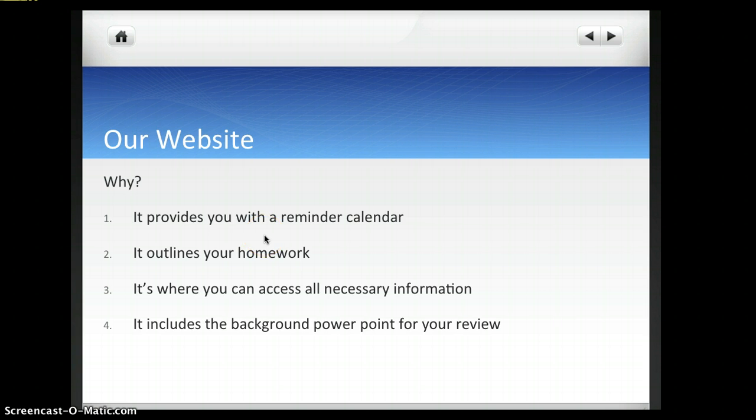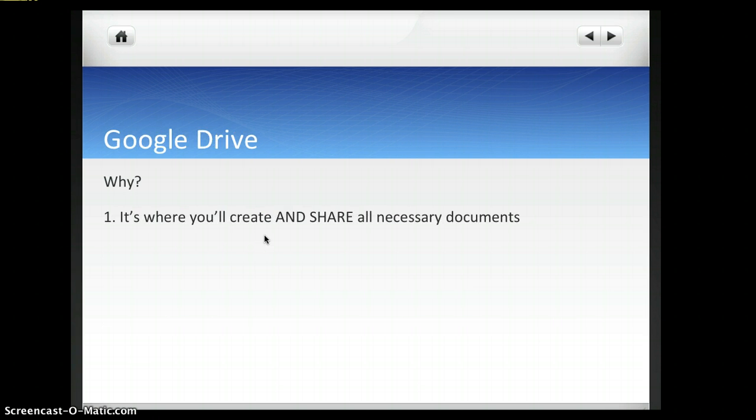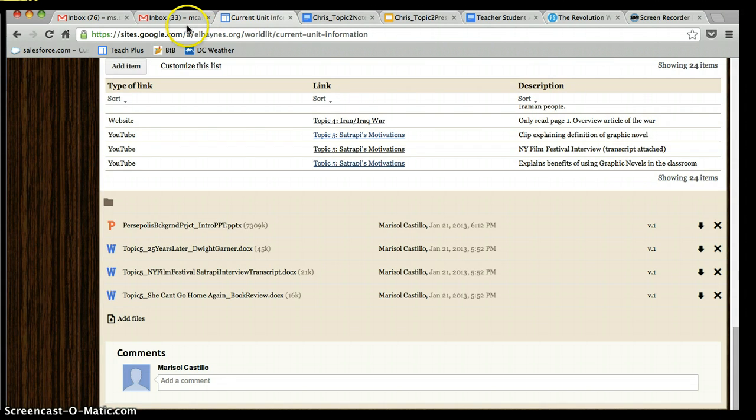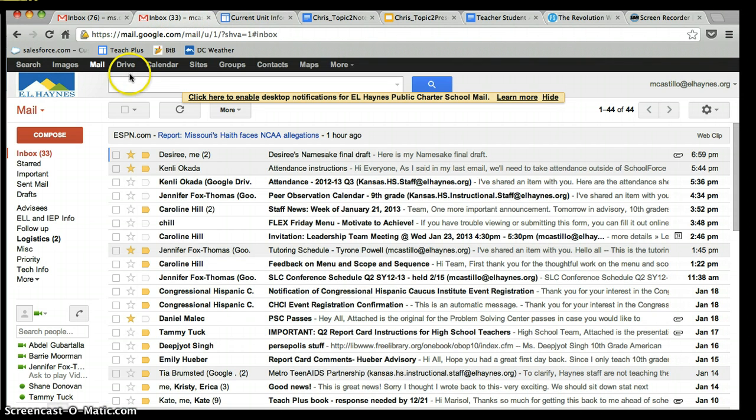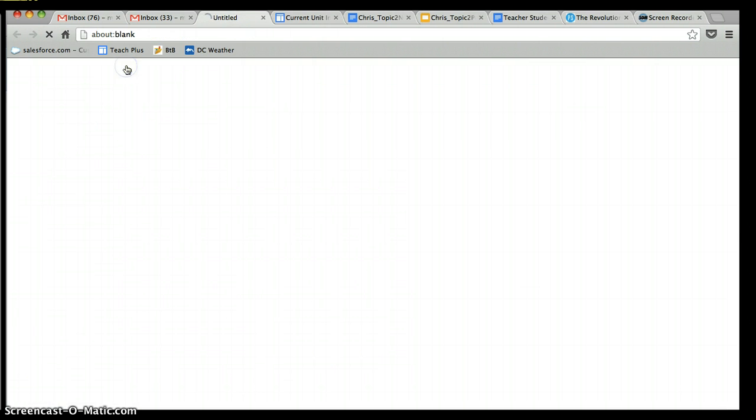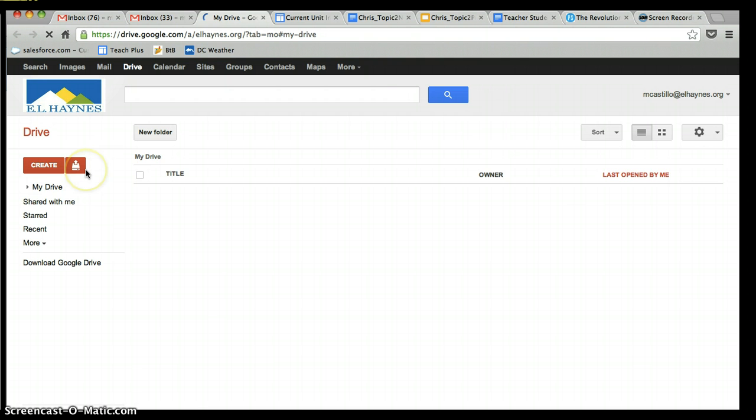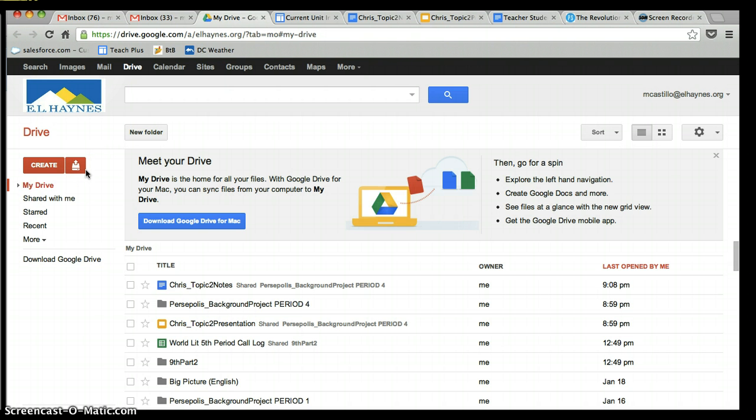Okay, that brings us to your Google Drive. Your Google Drive is important because it's where you'll create and share all necessary documents. If you don't remember how to get to your Google Drive, it's actually quite simple. You go to your inbox, you click on Drive up here, and then your Google Drive will appear. There are 2 types of documents that you're going to be creating for this background project. The first